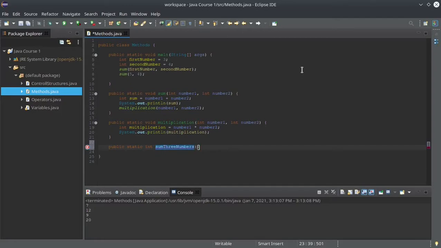Okay, and of course it takes an integer number 1, an integer number 2, and an integer number 3. Okay,